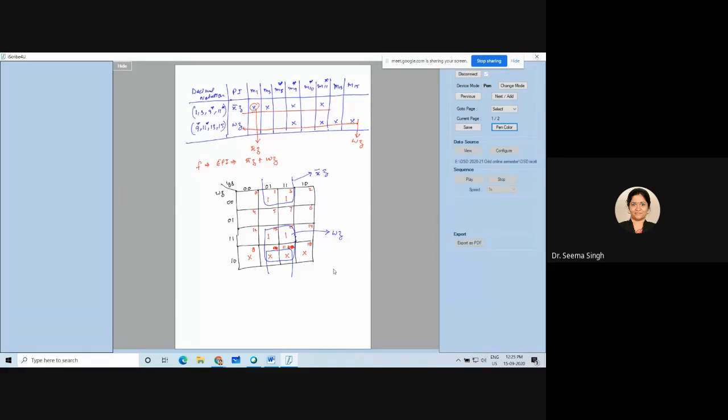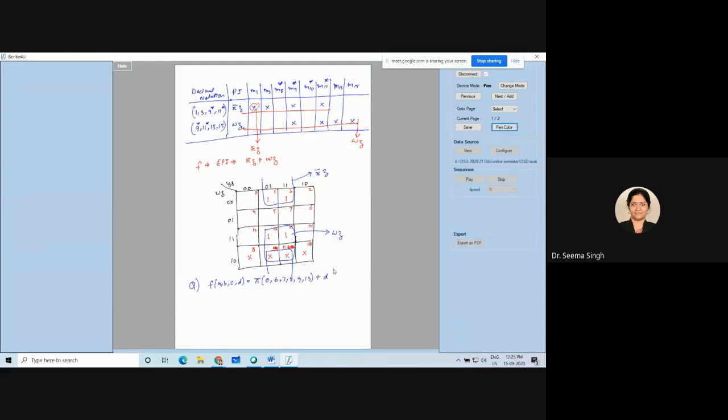One more thing, sometimes you would have observed, and I have done it in one of the classes, that min term and max term are always complement of each other. Right? Min term and max term are complement of each other. Okay. So now I want you to take a question which will do the tabular method or QM method for the max term. This will be our last question for max term, QM method. Okay. So take down this question.